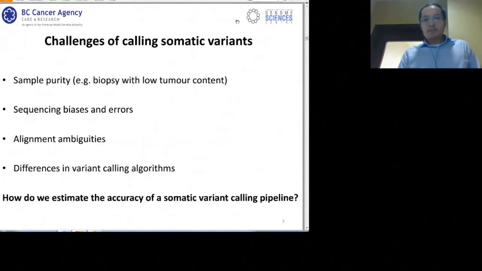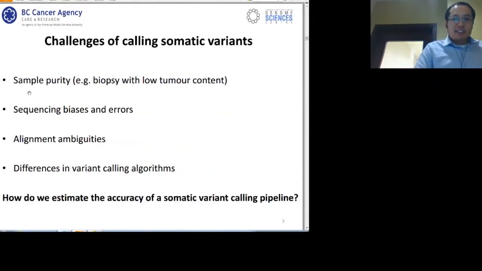So what are the challenges of calling somatic variants? Well, there's the issue of sample purity. When a surgeon hands you a biopsy, that biopsy is unlikely to be 100% tumor. It's going to be a mix of some normal as well. And having that mixture of tumor and normal in the biopsy can potentially impact the somatic variants that you